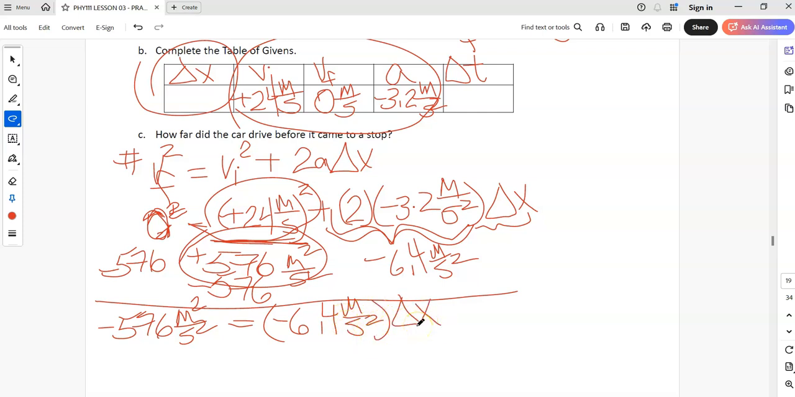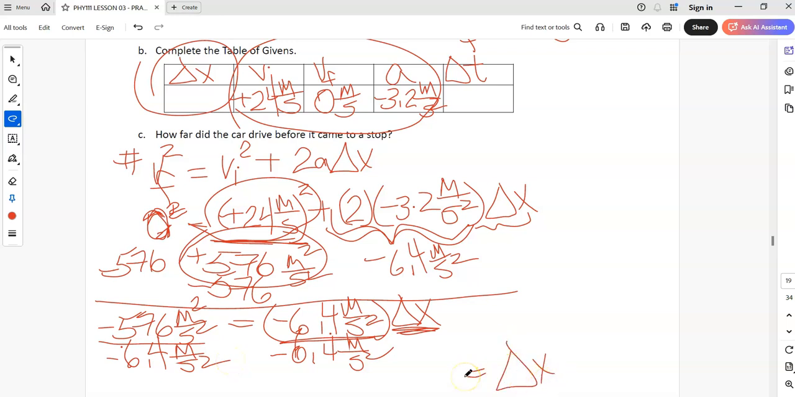And if you're stuck with the algebra, go to a math instructor or go to a physics instructor. We're happy to help you out. Since now the only term that's with the delta x we want to move away is this term, it's multiplying times delta x, so we divide both sides by that number, negative 6.4 meters per second squared, and we get that delta x equals